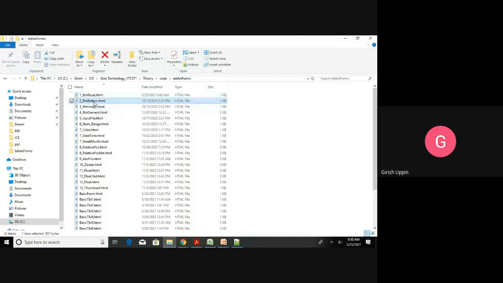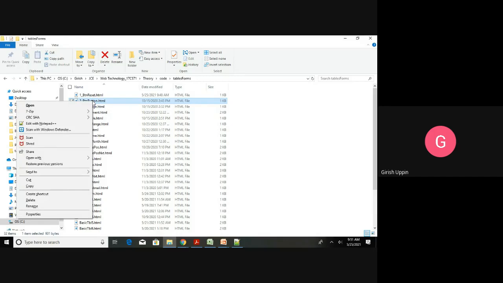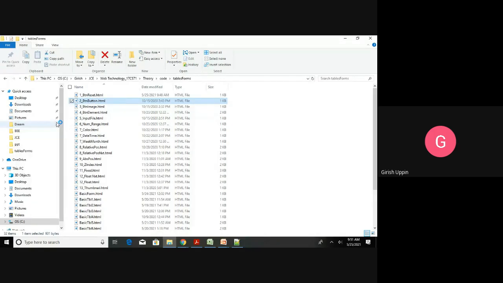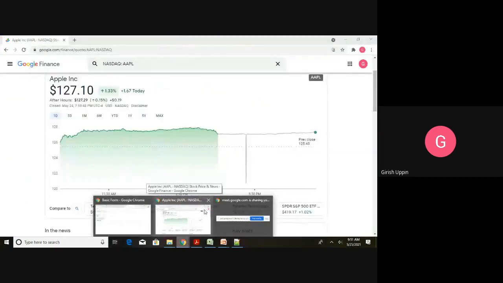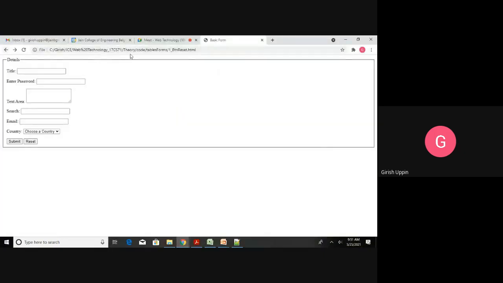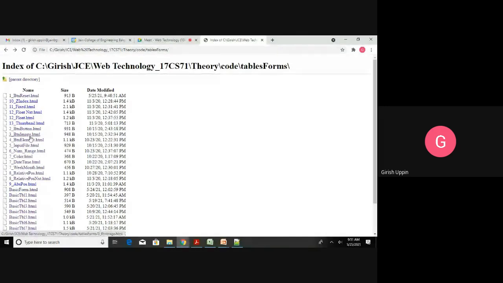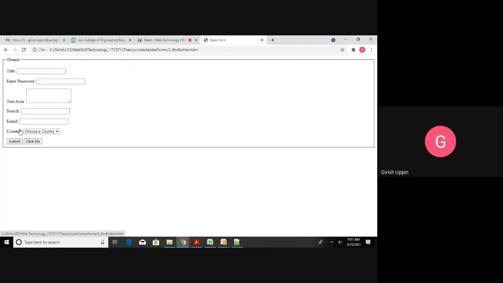Button, this is the one. Okay, I will load the page. This is the page.